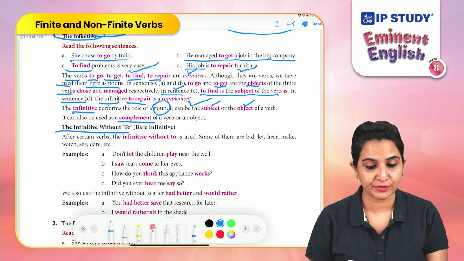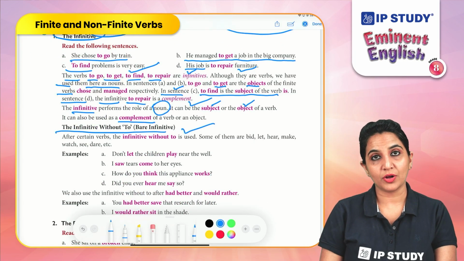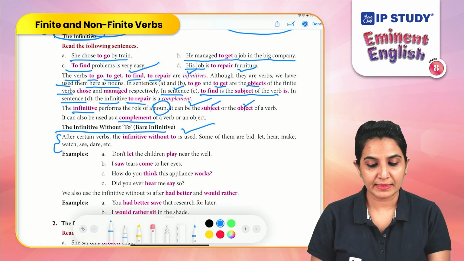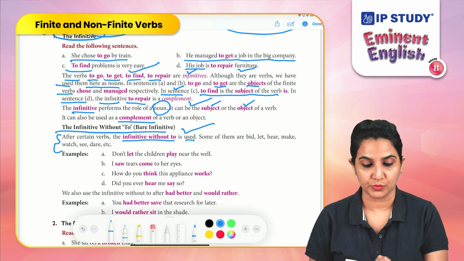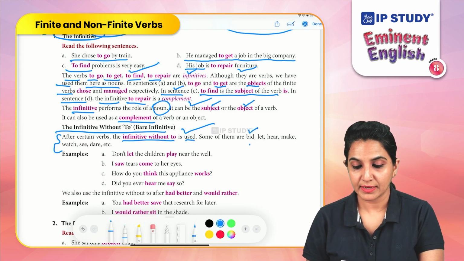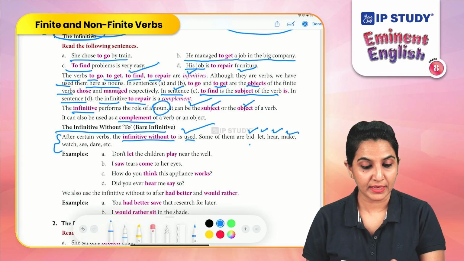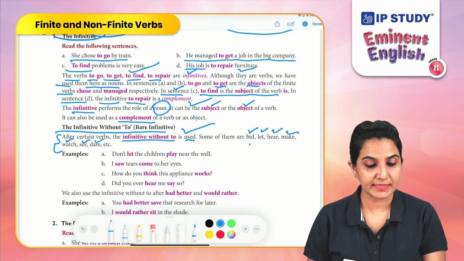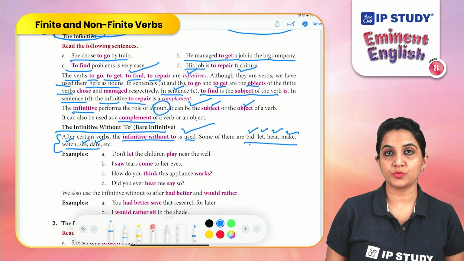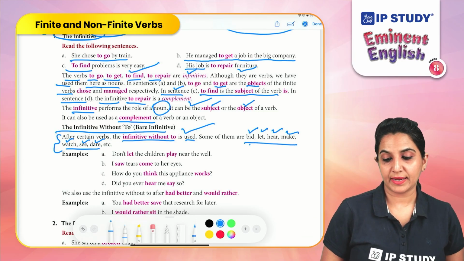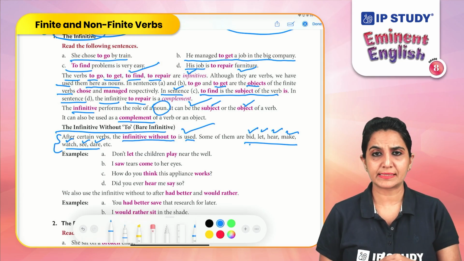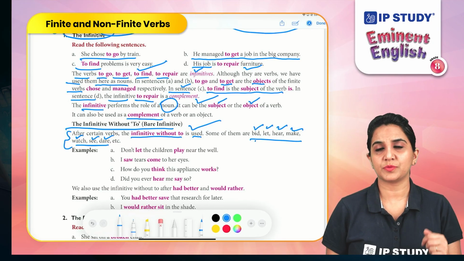The infinitive without to. What are they called? They are called bare infinitives. After certain verbs, the infinitive without to is used. For example, some of them are bid, let, hear, make, watch, see, dare, etc. All of these verbs, when they are used without to, are called bare infinitives. So verbs such as bid, let, hear, make, see, think, come can be used without to and they